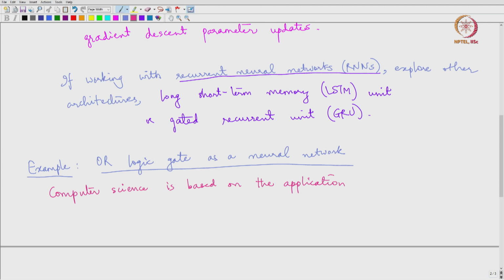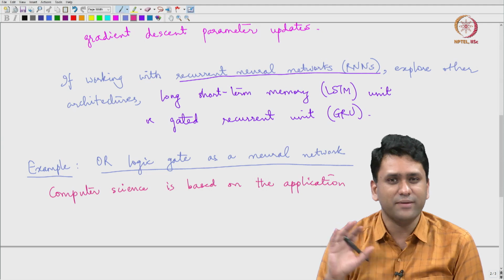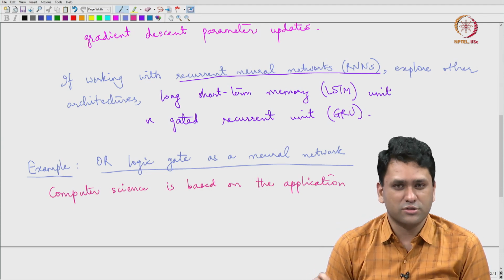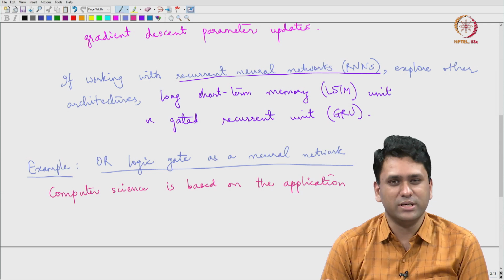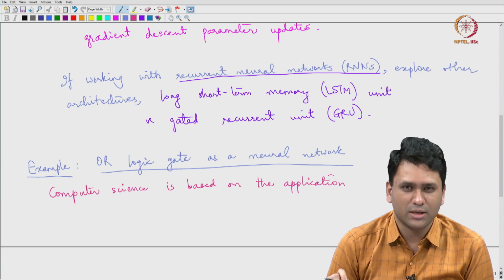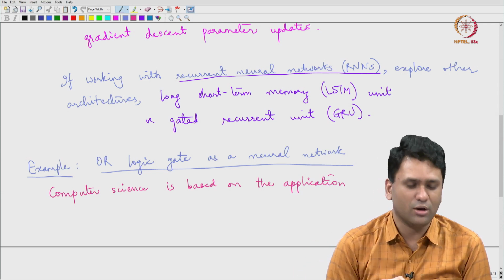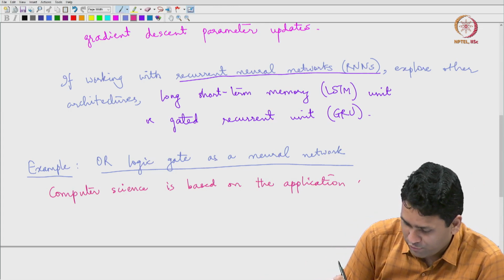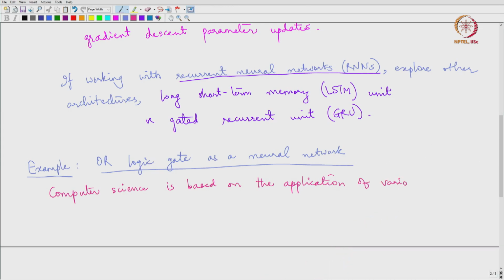That is why if you use a logic gate you can implement operations like addition, division, subtraction, everything is at the end of the day just a logic gate on a computer. So that is why it is important to understand how these work and whether neural networks can allow us to understand how these logic gates work. So computer science is based on the application of various logic gates